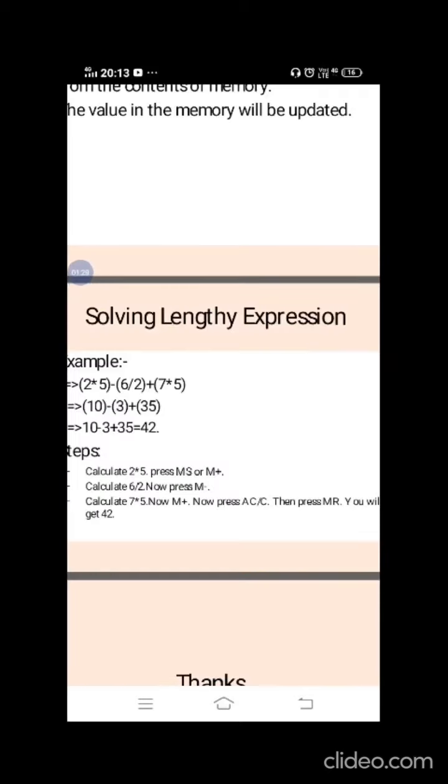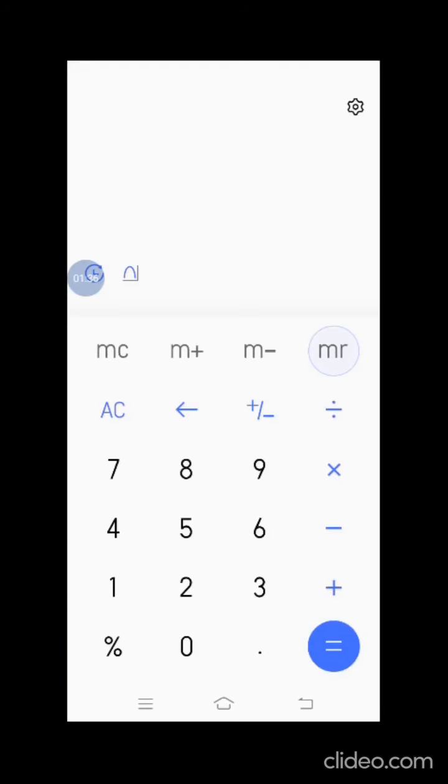Next I will calculate 7 into 5 and press the M plus. So 7 into 5 equals 35. Now I click on the M plus button a single time, and now I will check the answer. Before checking the answer I will clear the contents of the screen by clicking on AC.